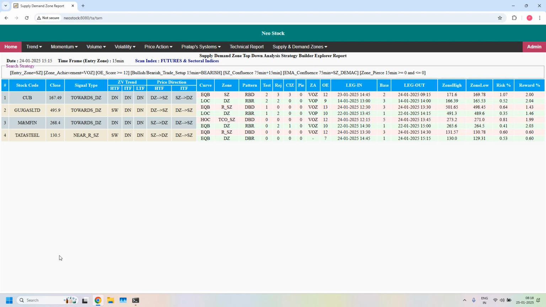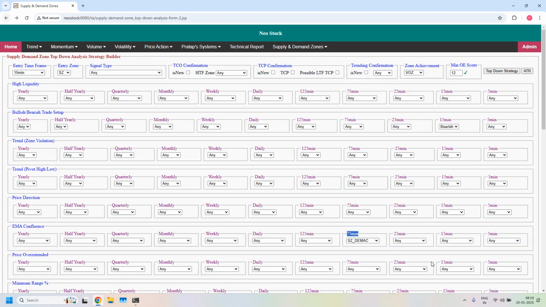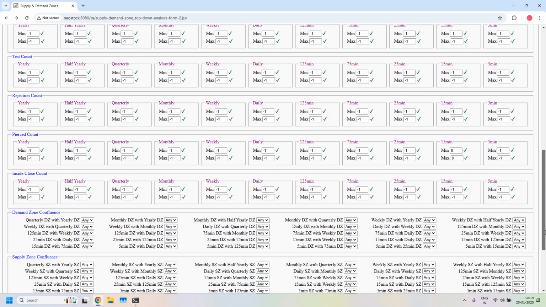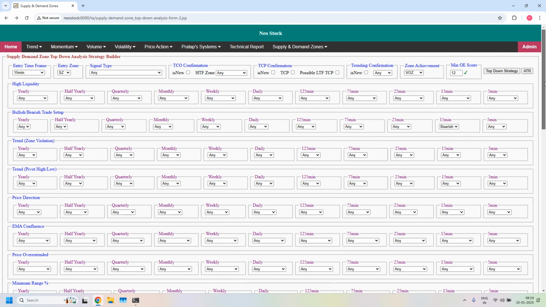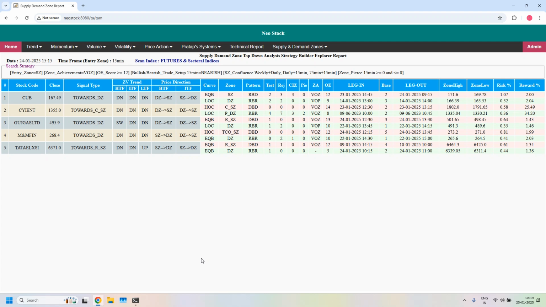Next, let us look for LTF, ITF, HTF specific supported stocks. So removing the EMA filter. In the supply zone confluence, we should set 3 filters. First filter is already enabled. Second filter, 15-minute supply zone with daily supply zone confluence. Third filter, daily supply zone with weekly supply zone confluence. With all the 3 filters enabled, we got 5 stocks. That means the 15 minutes zone is part of the 75, both together part of the